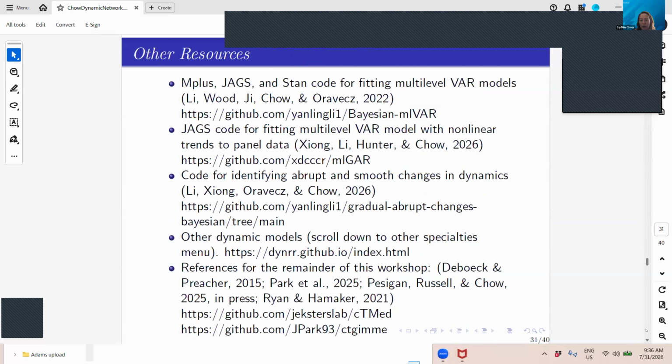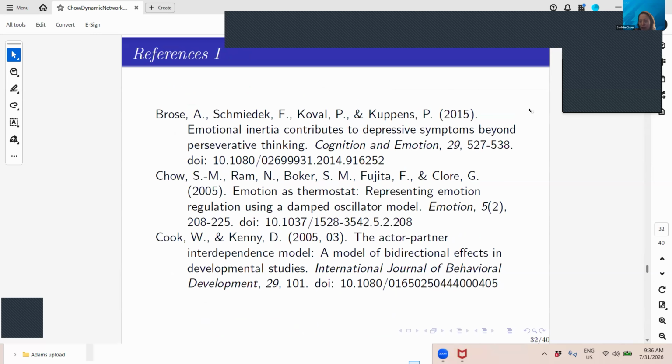All right. So I'm going to leave you guys with additional resources and source code for other modeling variations. And then here are some of the modeling options that Jonathan and Jeb will talk to you guys about with references. So I'm going to stop here and let Jonathan set up and see if anyone has any questions.